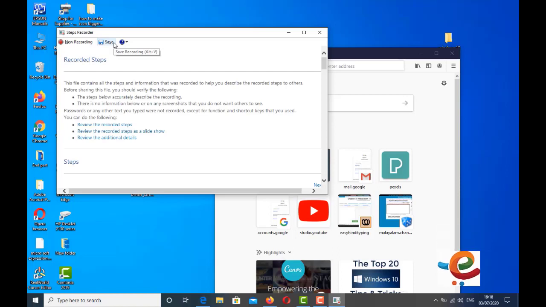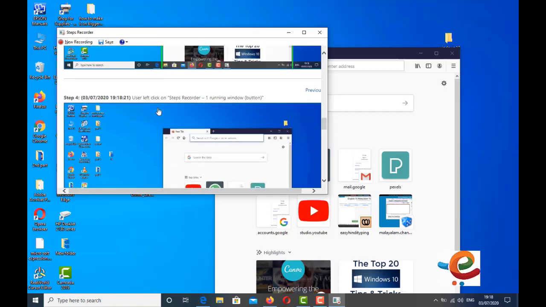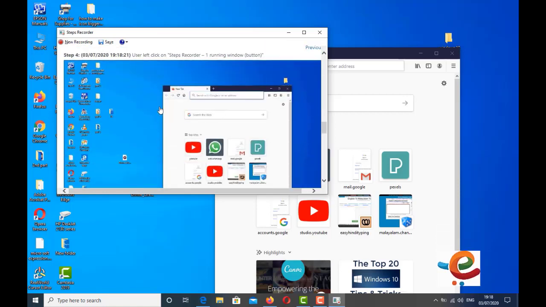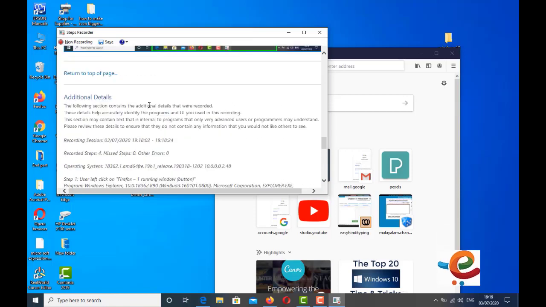Then you can see this file contains all the steps and information that was recorded by Steps Recorder. You can scroll down to see the steps. It's really handy to show somebody what you are doing. It's an interesting thing.